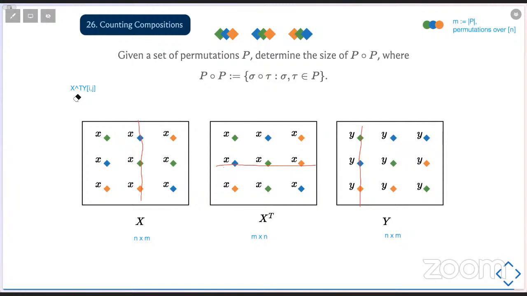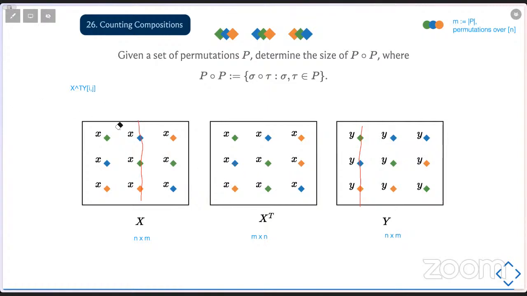That's the number of distinct permutations in P composed with P. Because the ijth entry in this matrix is the polynomial corresponding to the product of,